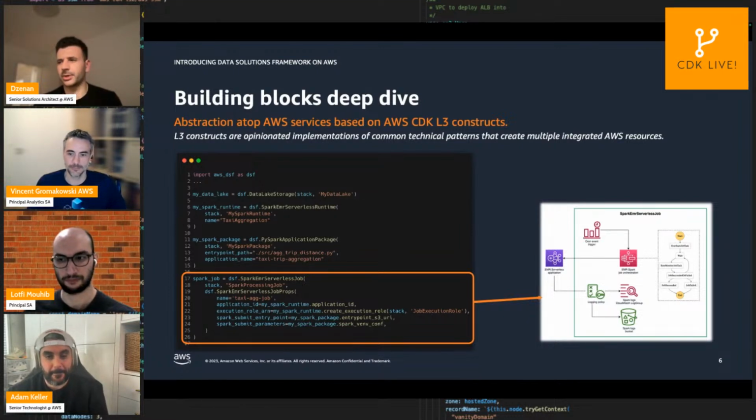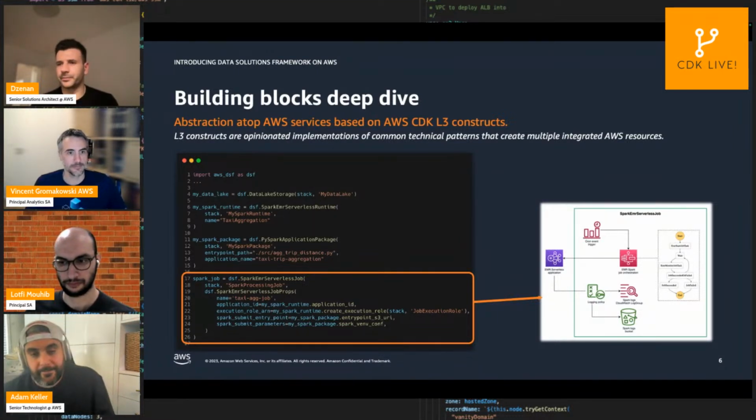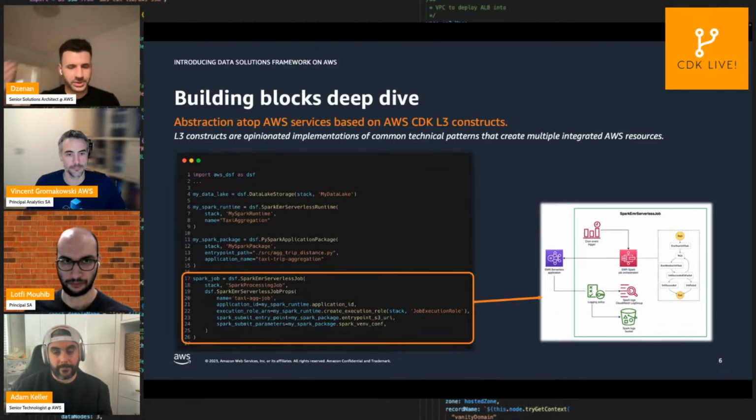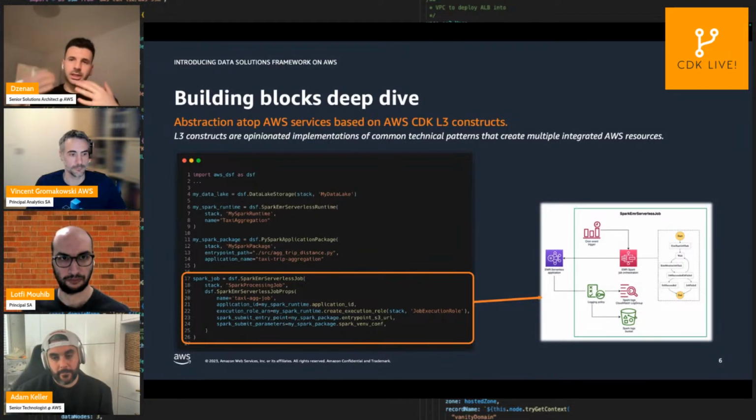Exactly. So you can think about in the organization as well that the platform team actually becomes the team that provides these blueprints for other teams to use. But then other teams now work on a different level of abstraction. So they can actually manage both infra and the application code, because they don't need to go very deep on the infrastructure level. That's being done by a platform team. In this case as well, what we have done with the DSF, right? So really enabling data engineers to operate on the right level of abstraction, but still owning the business logic and